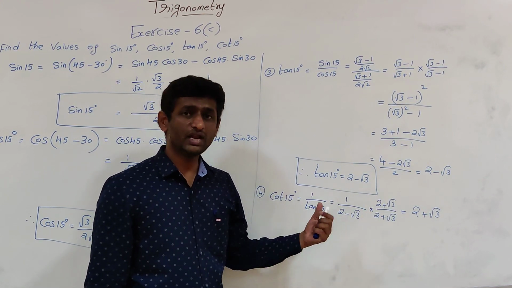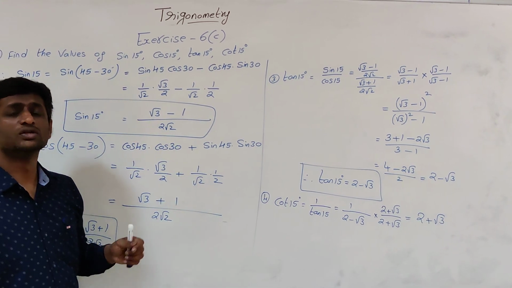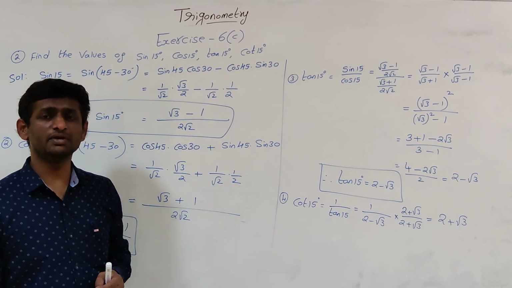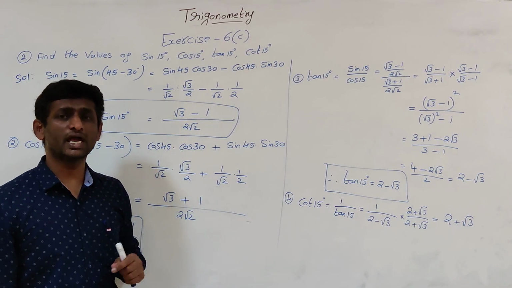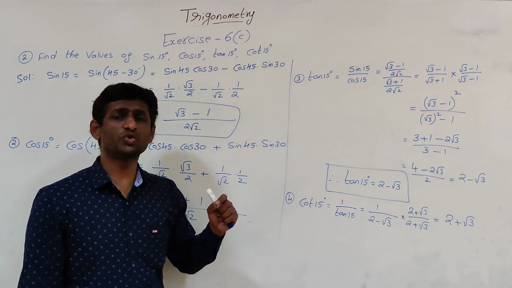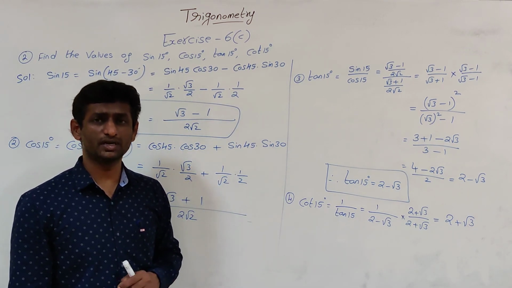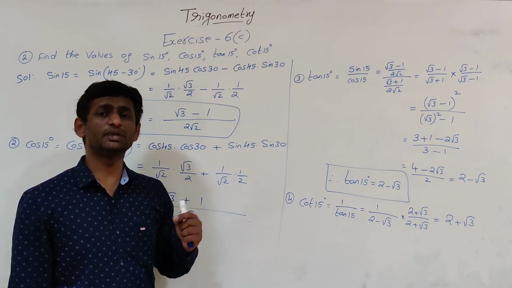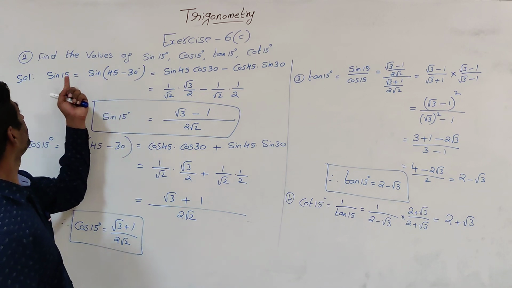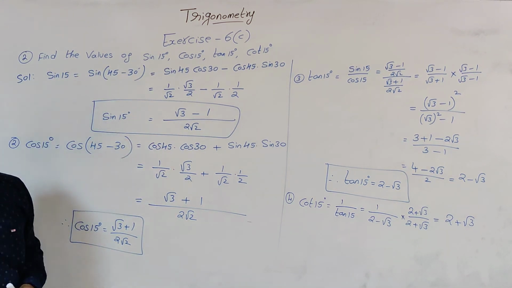So we are well known with 15, and in the previous we have taken 75. So what is 75 and 15? If you add, it is 90, which means they are complementary angles. What is the complementary angle? If the sum of two angles is 90 degrees, then the two angles are said to be complementary. Means one angle can be written as 90 minus another angle. So 15 can be written as 90 minus 75.